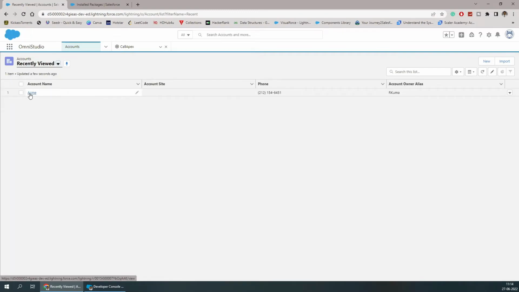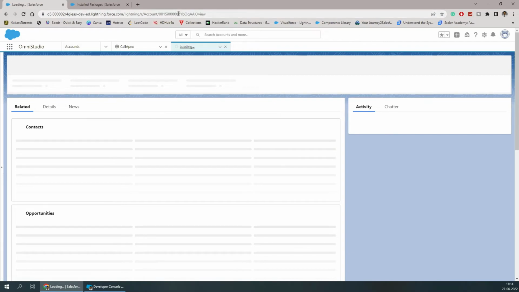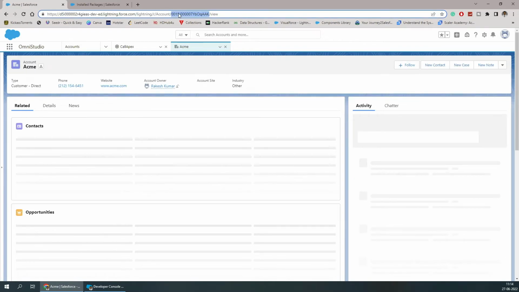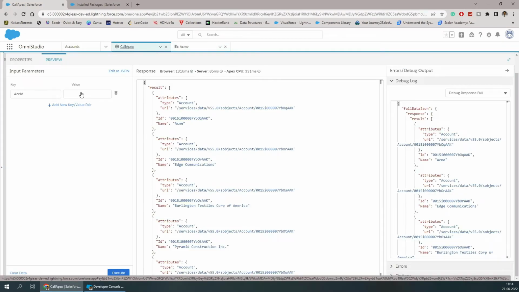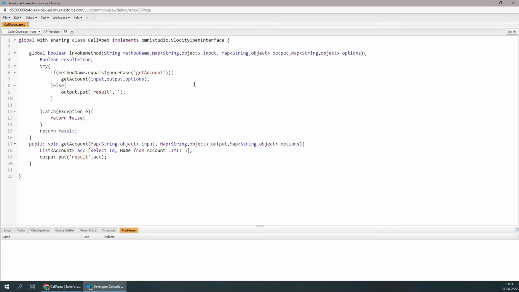So let's take maybe the Acme record. So this is the particular ID for that account. I will copy this, and inside this call Apex I will have to pass this as the value. So I will write it like this, and inside this developer console, what we have to modify here, because we